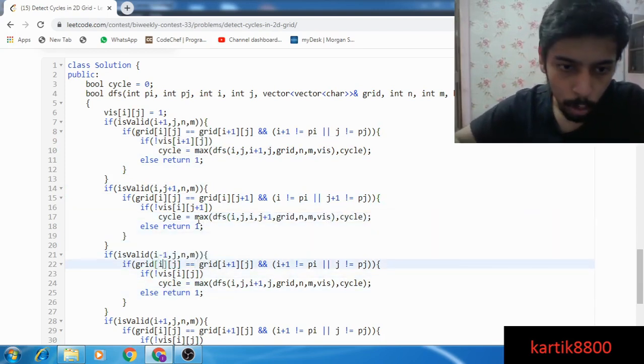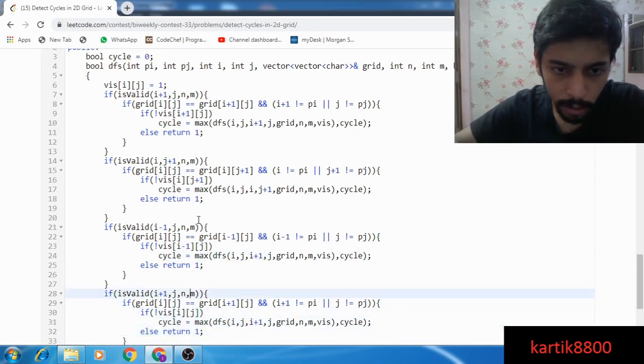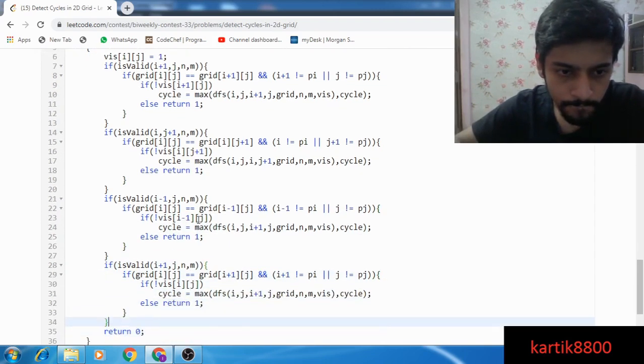Now I'll say i minus 1, grid i minus 1 j. If visited at i minus 1 j is not visited, then do this, else return 1.